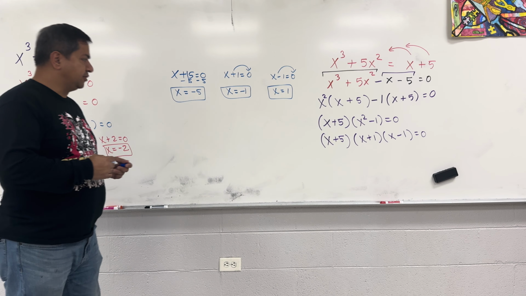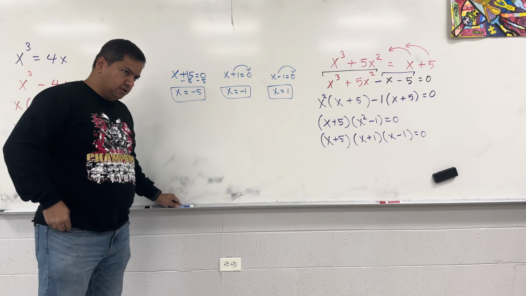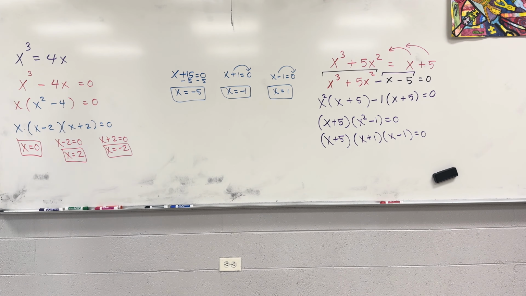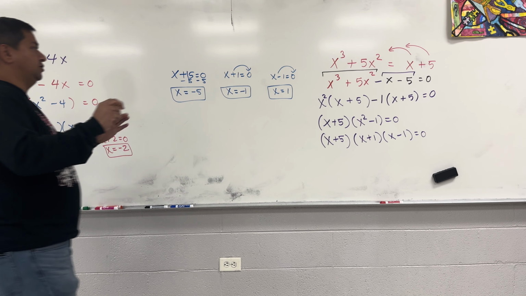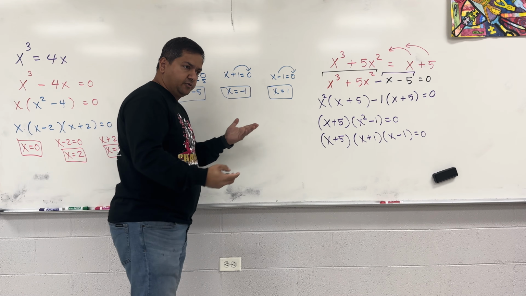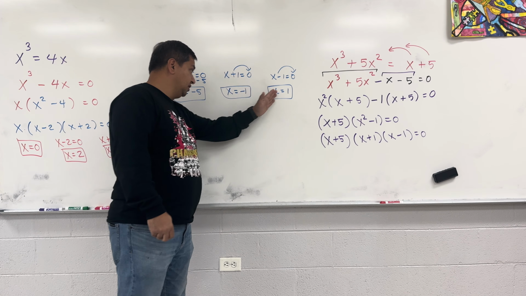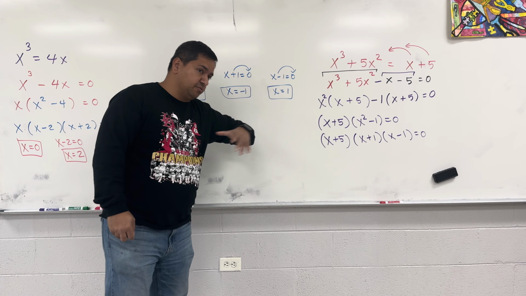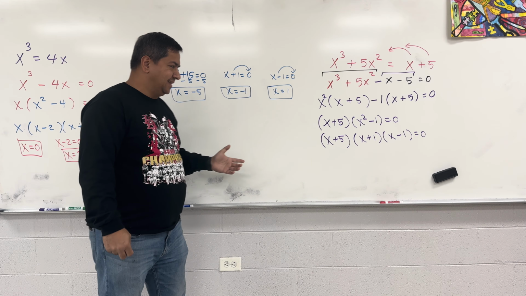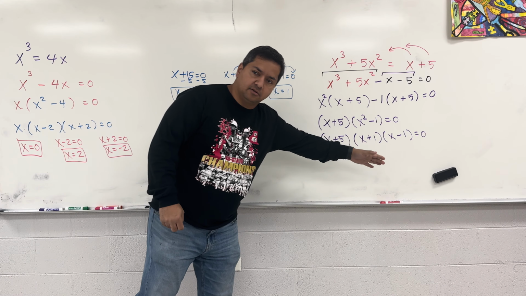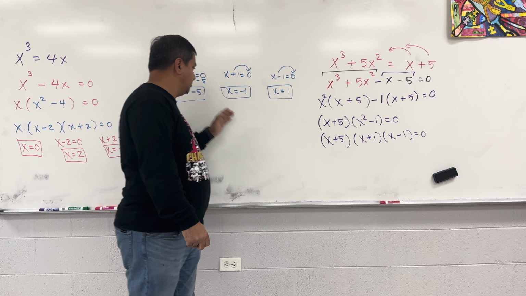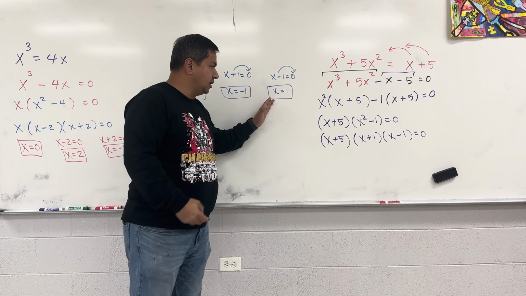So we still have 3 different solutions. We knew we would have 3 solutions. We just didn't know whether they would be the same or different. So sometimes you still get 3 numbers, but they may end up being the same numbers. That is when we have repeating factors. All right. Most of the time you end up getting different numbers. But anyway,